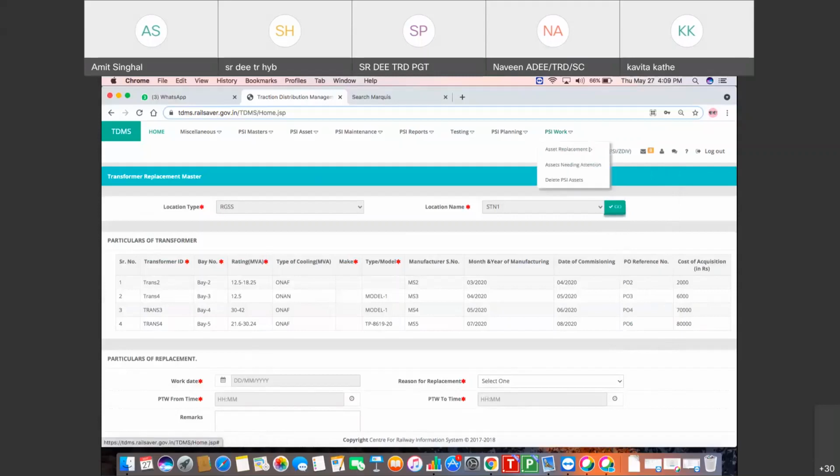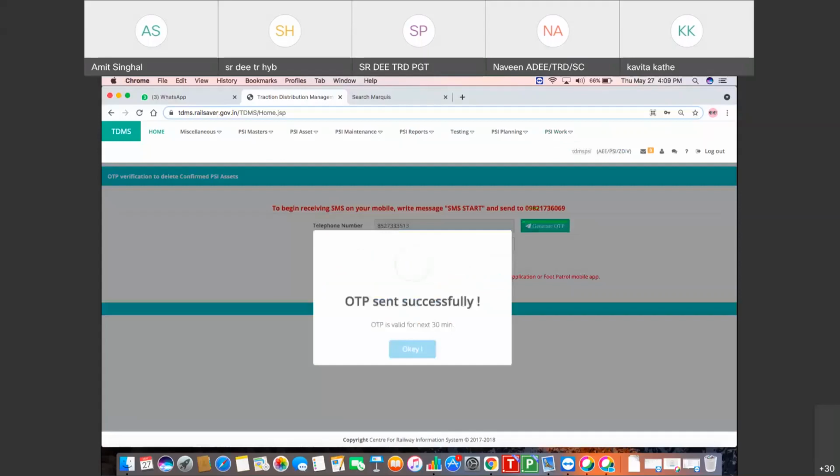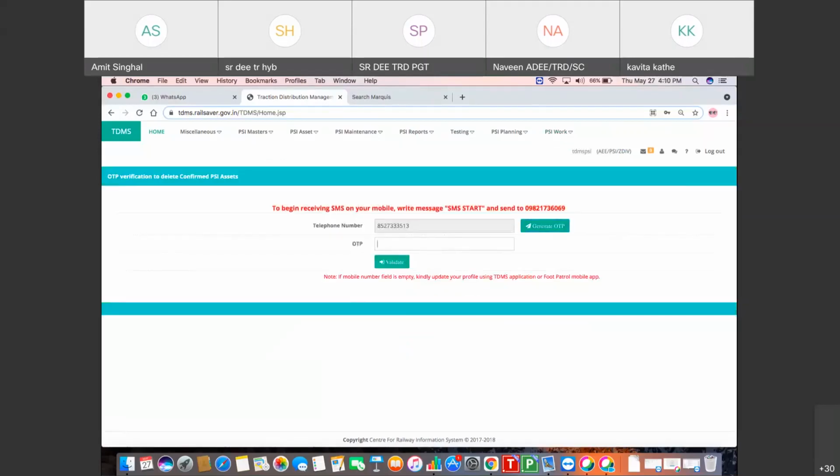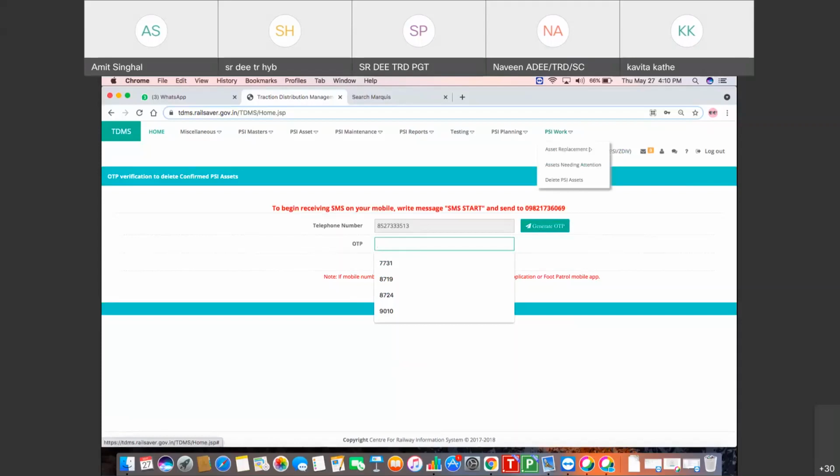After that, sometimes the user has to delete master data. To delete a confirmed PSI asset, this functionality has been provided under the PSI work menu with the name delete PSI assets.